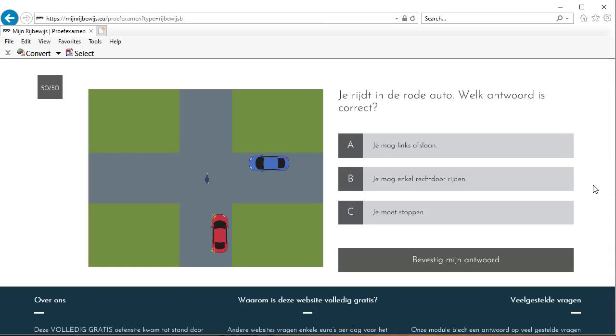The right answer is you are allowed to turn left because, as you see, he is putting horizontal arms and the blue car is facing him. So the blue car has to stop, but the red car, which is parallel to him, which is not facing him, can still ride and take left, right, or go straight. It's allowed for the red car.